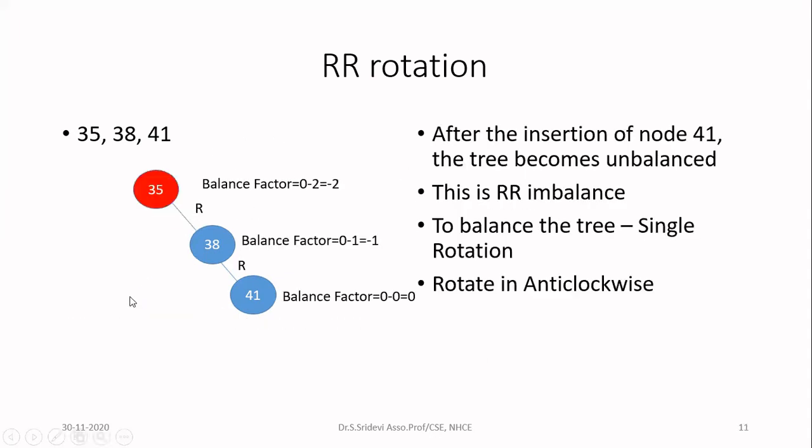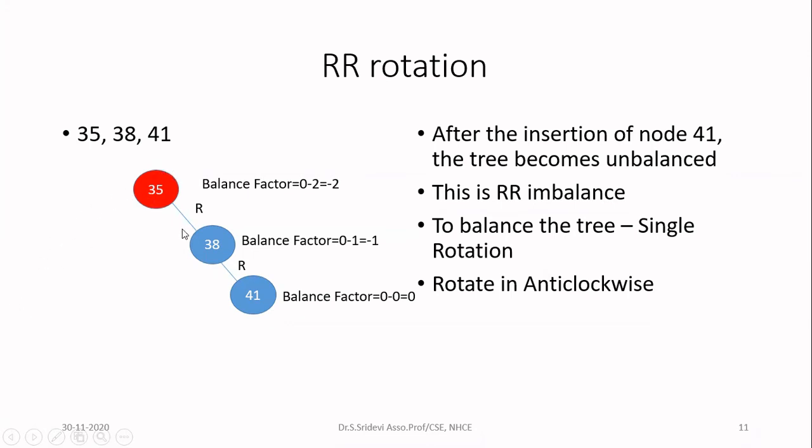So I have this tree now. I am going to perform the rotation one time in the anti-clockwise direction. When both the letters are the same, think that you are rotating about this imbalance node. Imagine that there is a nail here, and there is a thread over the nail. You are going to pull the thread downward, like how you collect water from the well. Like that you do it here also. I'm going to pull the thread downward in this direction, the anti-clockwise direction.